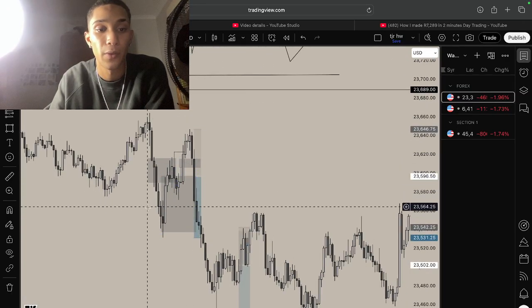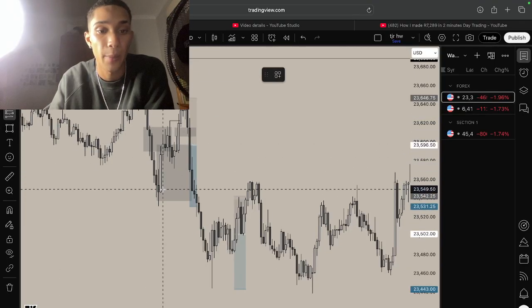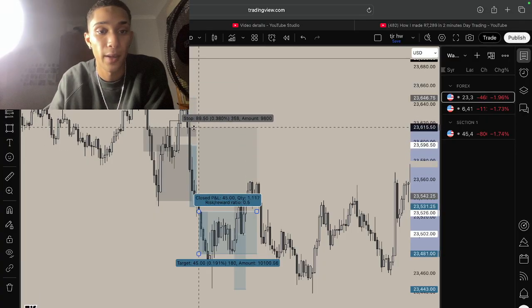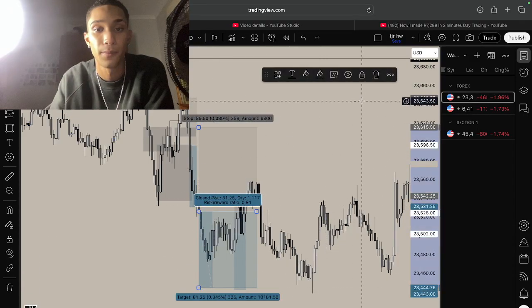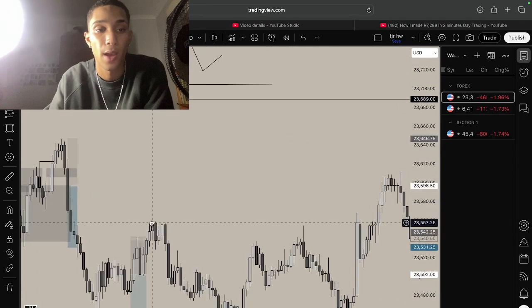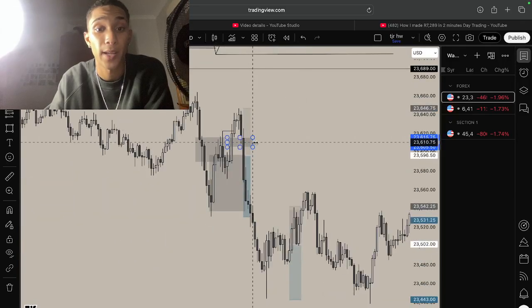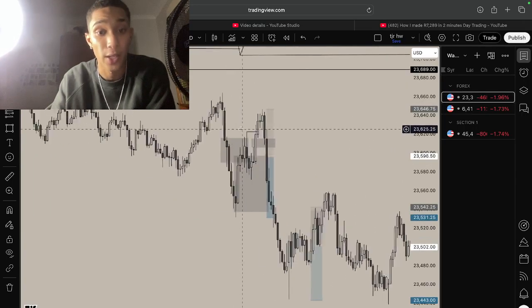You could have waited for this to be a 5 minute and then waited for the 5 minute inverse. And what happens if you waited for the 5 minute to close? Your stop would have gone up here to be protected, and you would have been stopped out at break even, right? And that's exactly it. I just want you guys to go back test this. I want you guys to just try it out and tell me what you think,